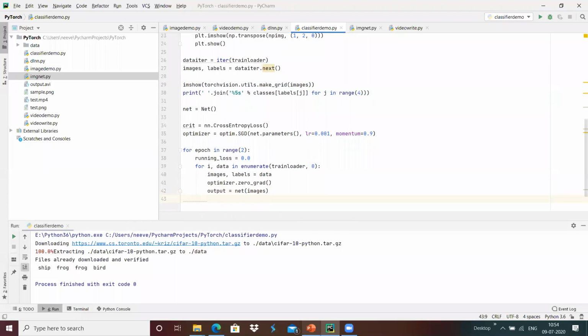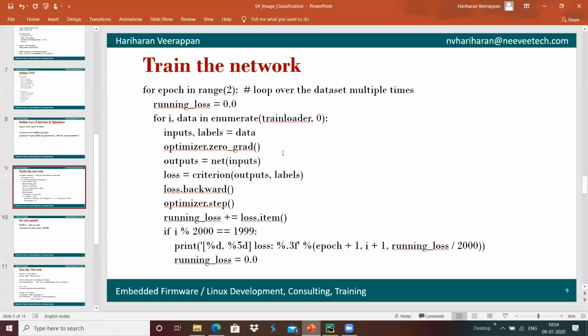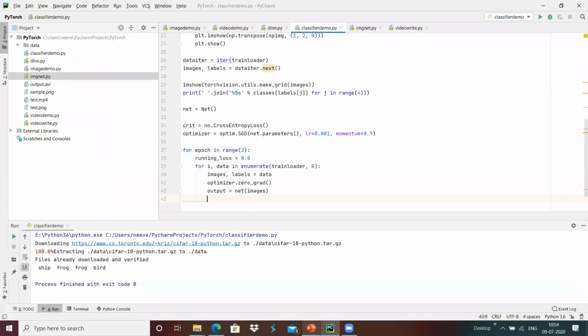The images have been loaded from the training data batches. Once it is done, we are going to calculate the loss with respect to the output we are getting and the label it should be.